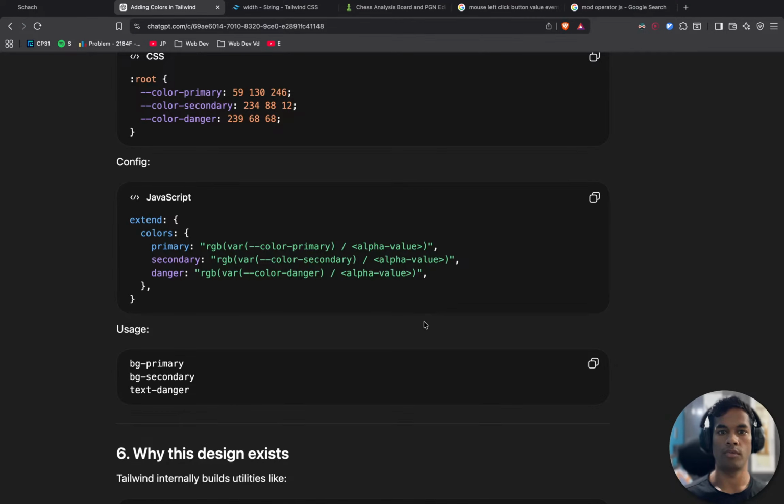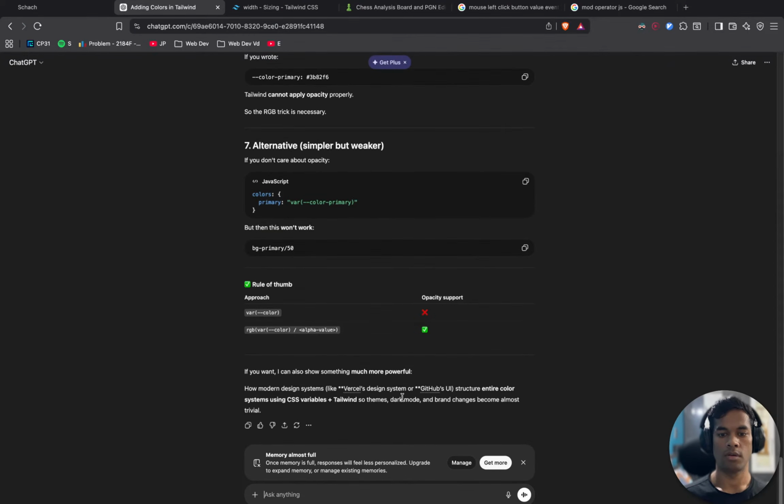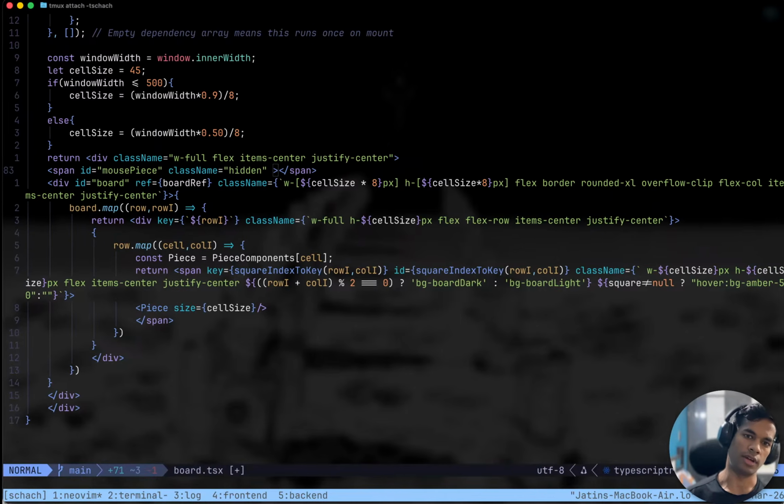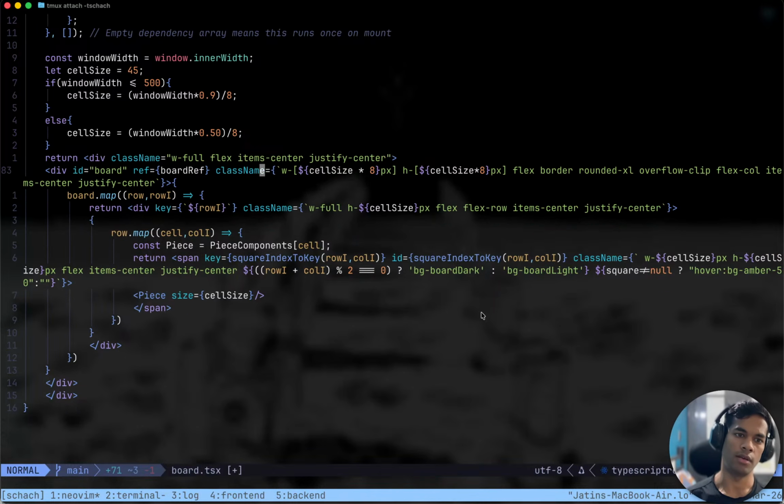Okay, now we have a component. How to change it? I think we can use state inside this. Yes, we can use a separate component here.